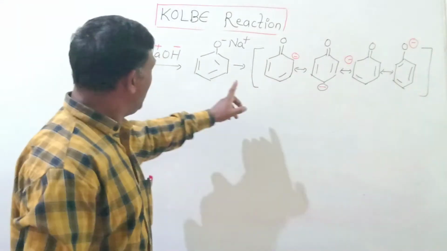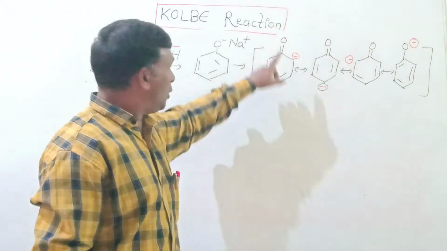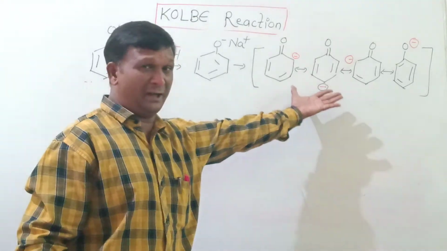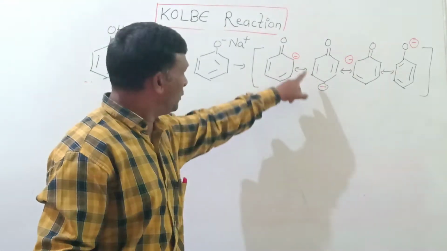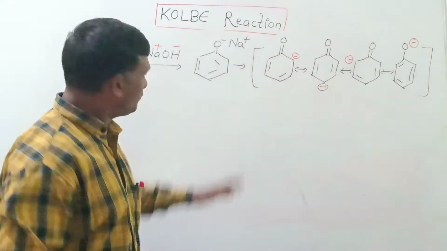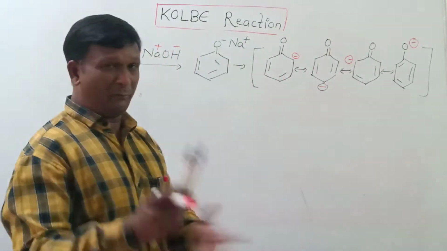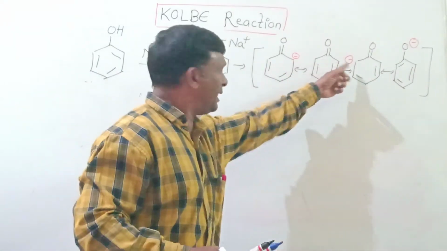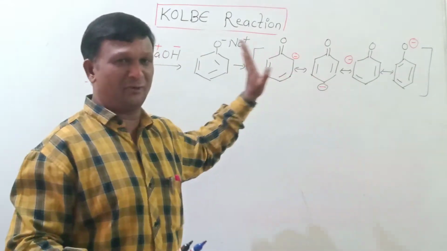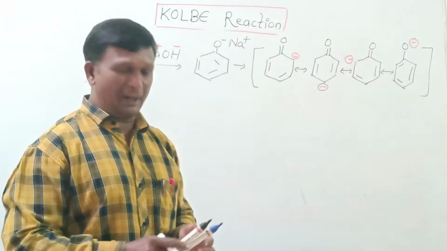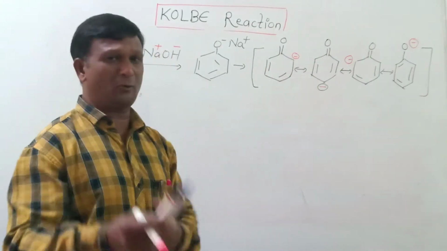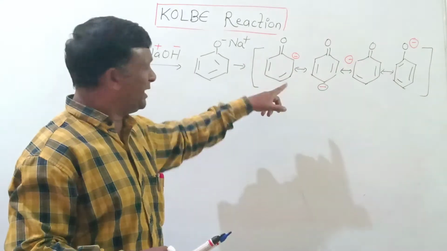So due to transfer of electrons from oxygen to the carbons of benzene, we have these four resonating structures where the electrons are available at this position, this position, this position, and finally on the oxygen. If we look more closely, we will find that the electrons are more available on the ortho position of this resonating structure. So due to availability of electrons on the ortho position, any electrophile can attack on benzene ring at